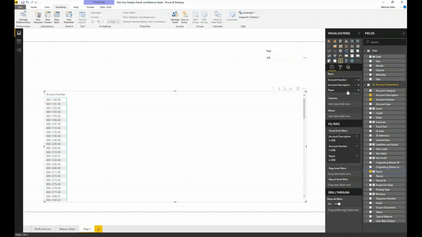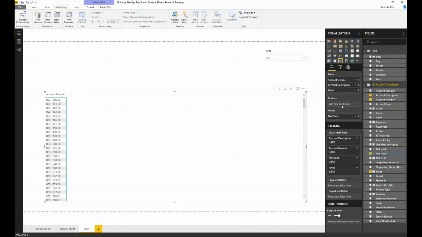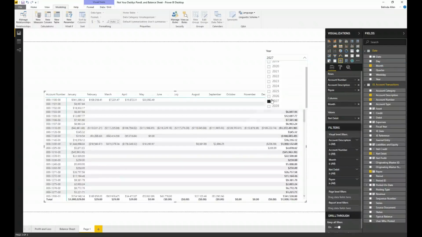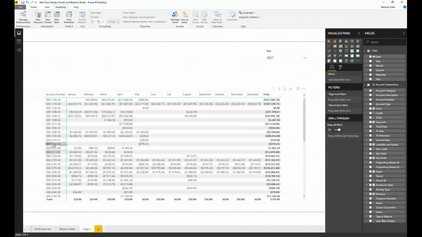So now I've got all of those in. In the values, I'm going to grab net credit or net debit. And then in the columns, I'm going to put in month. All right, let me look at a particular year. There we go. So now I'm looking at my numbers all the way across.